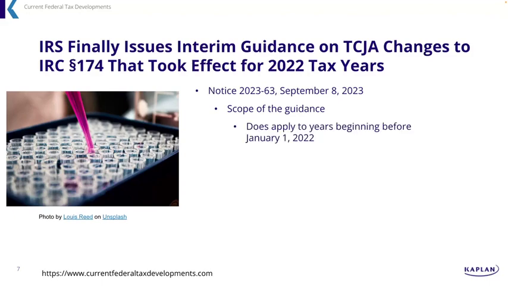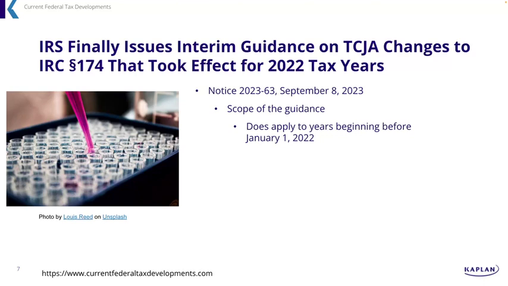Now, in the initial part, talking about the scope of the guidance, they make it very clear that it doesn't apply to any research or experimental expenditures incurred prior to January 1st of 2022. There are a couple of reasons for that. Basically, any additional guidance we have in here about what is a research expenditure, in theory, doesn't apply prior to this date. Why that is important we'll get to, but one big problem is the Section 174 expenses.